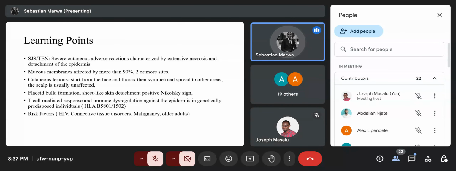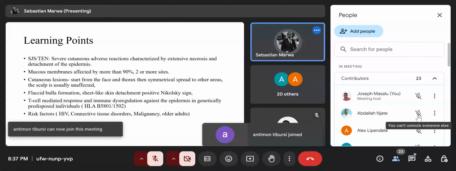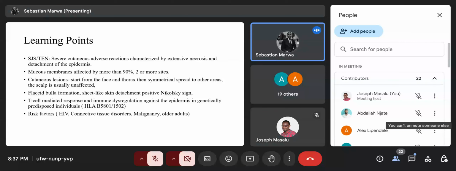Typically they present with cutaneous lesions as our patient had, which involved the trunk initially, then later spread into other parts of the body. But of specific importance to note is that the scalp is usually not affected in patients presenting with SJS/TEN. Usually there is formation of vesicles and bullae, which are flaccid, so very easily ruptured, and they tend to have sheet-like skin detachments. A very important sign is the Nikolsky sign, which is the detachment of the skin upon